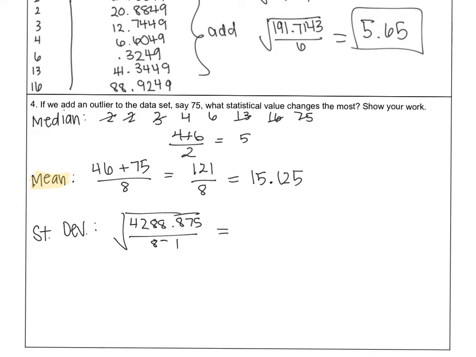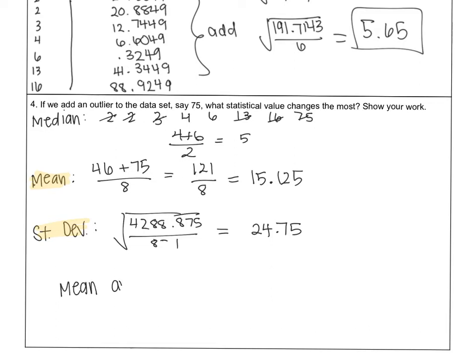When we do this in a calculator, we're going to get 24.75. So our standard deviation went from 5.65 to 24.75, which is almost 4 times as large as it was before. So I can also say that standard deviation was also heavily impacted. So if we're talking about all of our statistical values that we've talked about, mean, median, mode even, standard deviation,